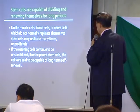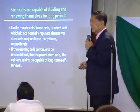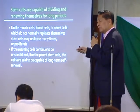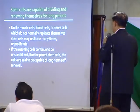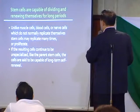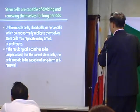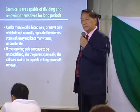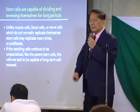Unlike muscle cells, blood cells or nerve cells, which do not normally replicate themselves, stem cells replicate, that is, divide and form new stem cells with the same genes, the same DNA. Many times they are like twins. Twins multiplying, only twins. Or proliferate. If the resulting cells continue to be unspecialized, like the parent stem cells, the cells are said to be capable of long-term self-renewal. Even up to many years, they can remain normal, if not excited. But if they're activated, especially